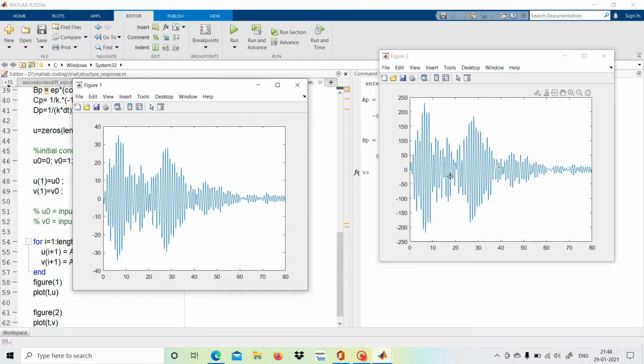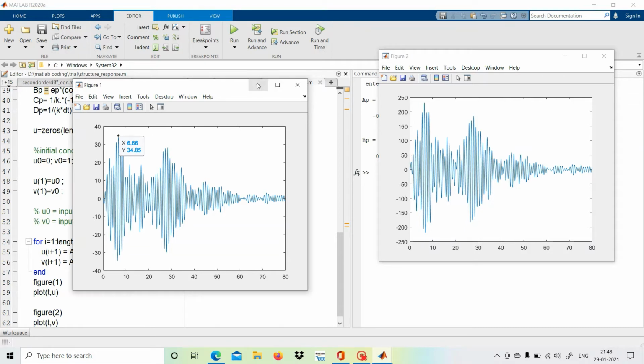The building will have the velocity vibration in this manner, and the displacement would be like this. Mainly when we design our building, we are interested in finding the maximum displacement, the maximum peak. Which would be the maximum peak? I think this may be the maximum peak here, that is 34.85, and here we can see minus 33.85. So 34.85 is the maximum peak, so we can say that this is the maximum value. We are interested in the maximum value.